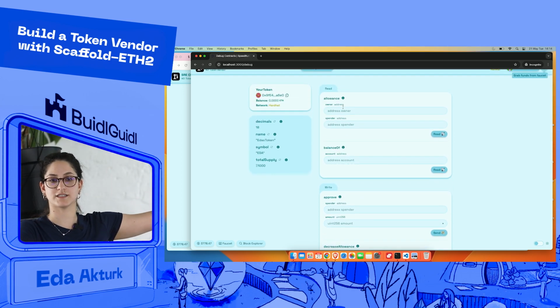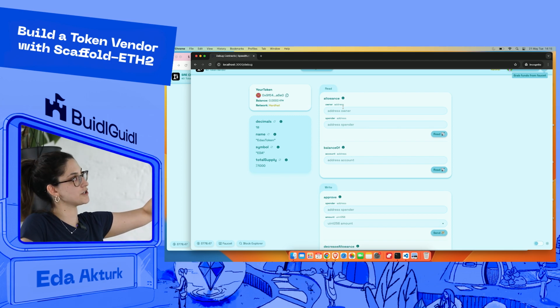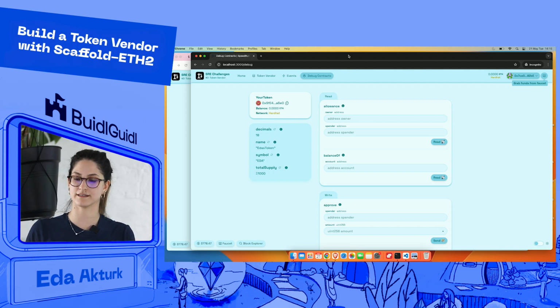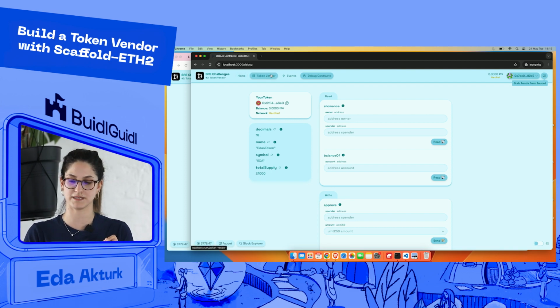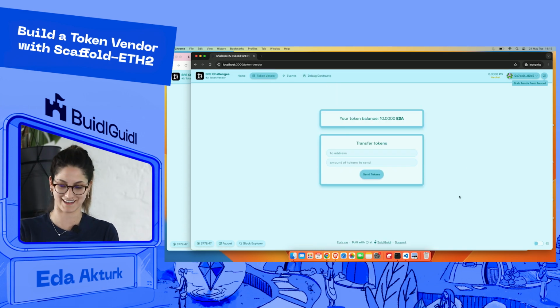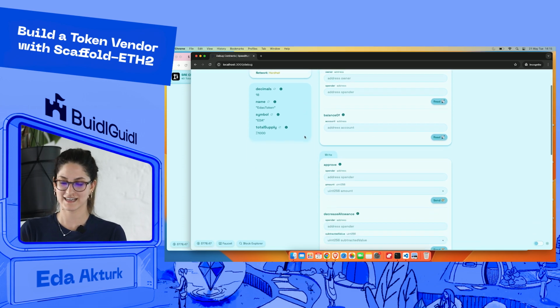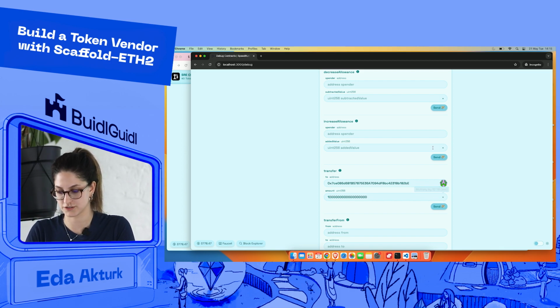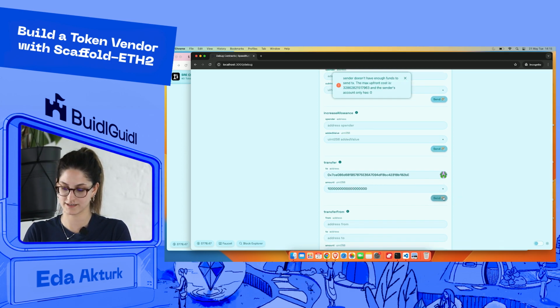It takes the functions in your smart contract and adds them to your debug contracts tab, so that you can first check the functions before actually building your front-end application, which makes that simple for you. But since this is nicer looking, I use this. But you could definitely transfer to this address, and then you need to convert to wei, and then